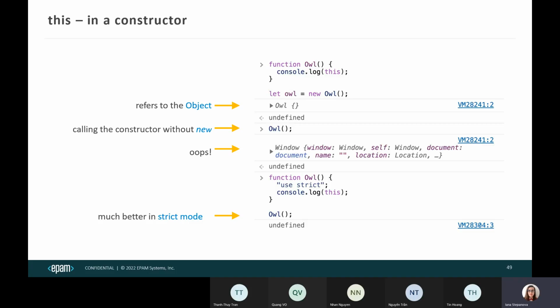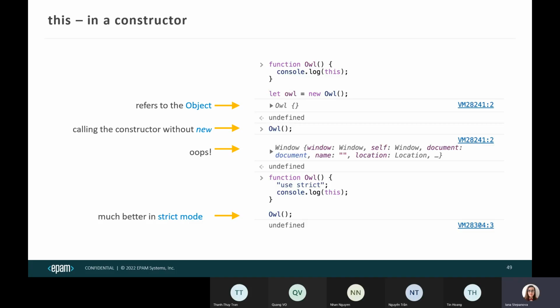It can be very cumbersome to go back, look at this class, and understand: hey, this was written for new syntax and it cannot be run without new? Or was this written with old syntax, where I can create new instances of the object without using new? So if we create this